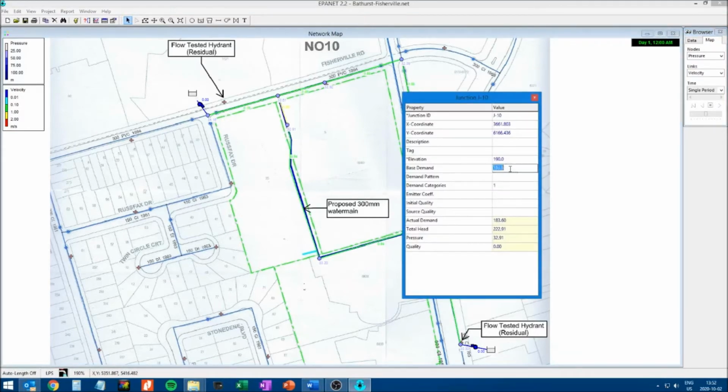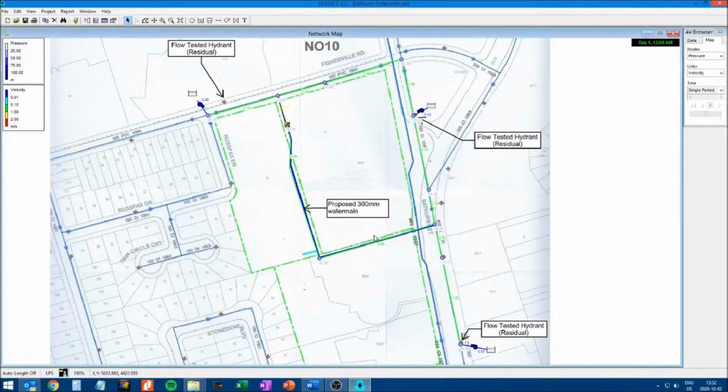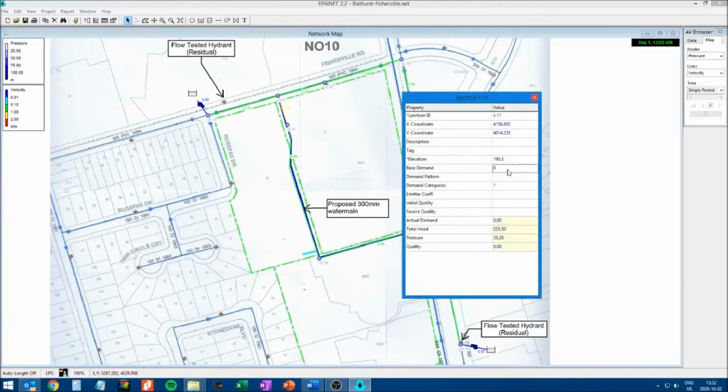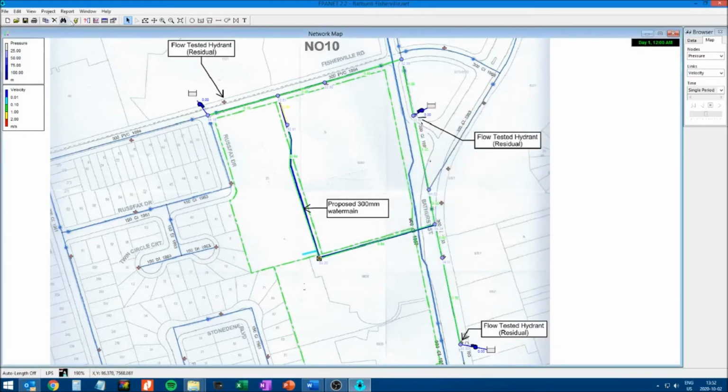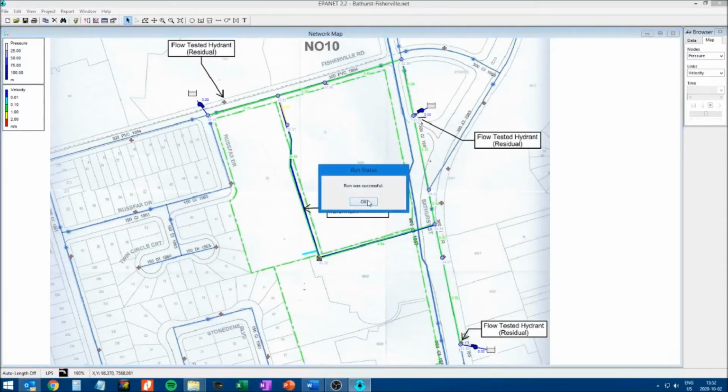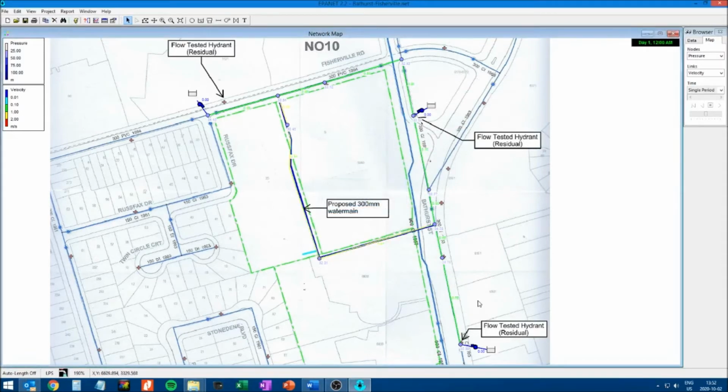We're going to set this back to 0. Go to this node, put 183.6. Run the scenario, successful. And again, we see that the pressures are in the 33 meters of water range,